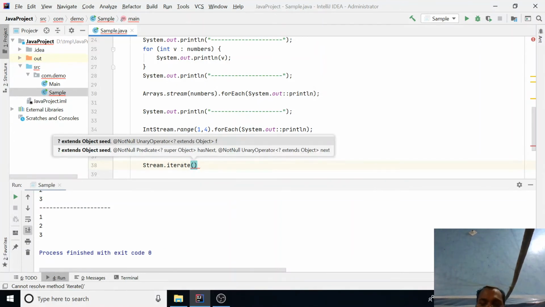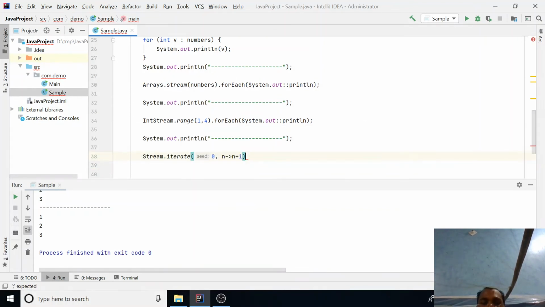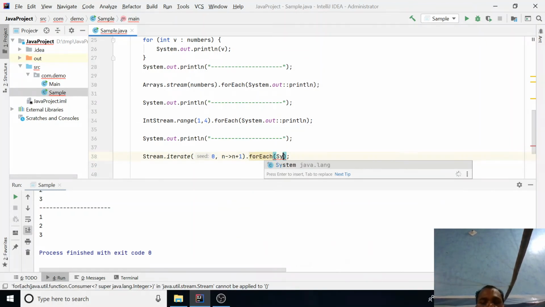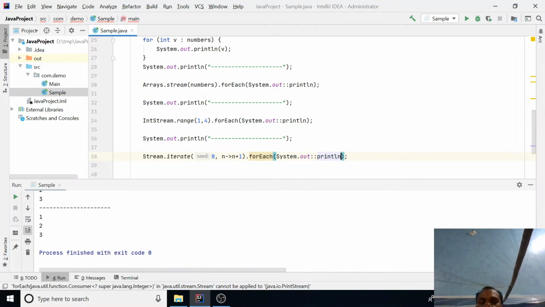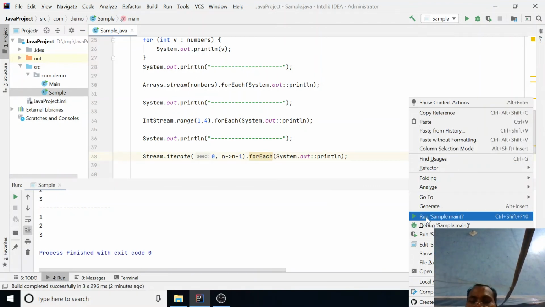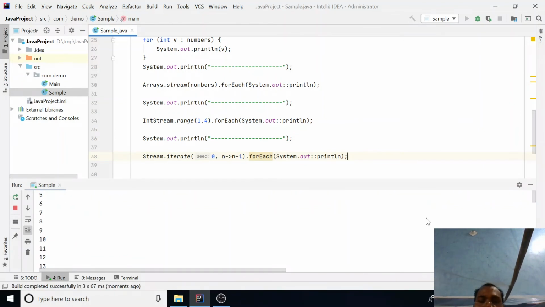We have to provide the initial position and the next iterator, so let's say number equal to number plus 1, and then forEach is System.out.println. So this is another way through which you can iterate, iterate the number.